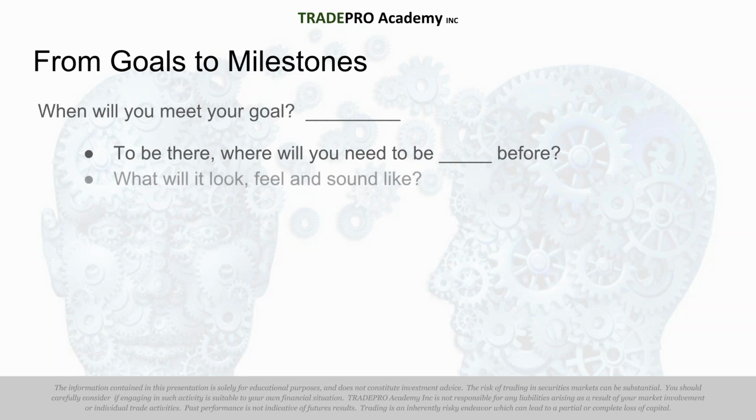So you go backwards basically, and then ask yourself, what will it look, feel, and sound like at that point? Because remember, progress is what equals happiness. I've talked to thousands of people and I've narrowed it down: what is happiness? Progress. One word is all the happiness is. All right, so what will it look, feel, and sound like?